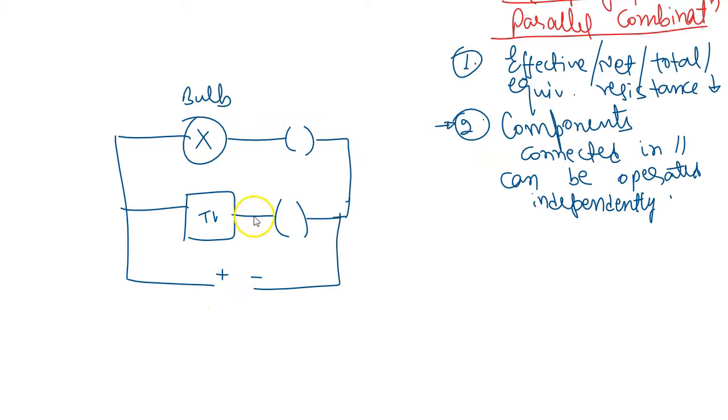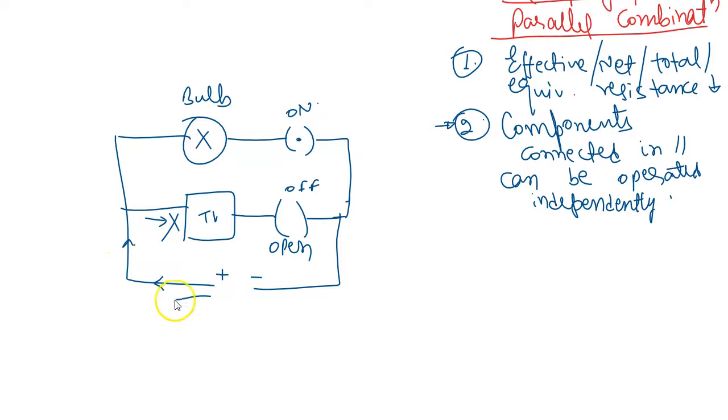here, when I want to watch TV, I just switch it on. If I want to just glow the bulb, I will switch this on. If I want both of them to operate, I will switch both of them on. So if one of the components is on, let's say this switch is on and this switch is off, the current coming out from this source, which can be a battery, cannot pass through this branch, because we have seen current requires a closed path, and here the path is open, right?